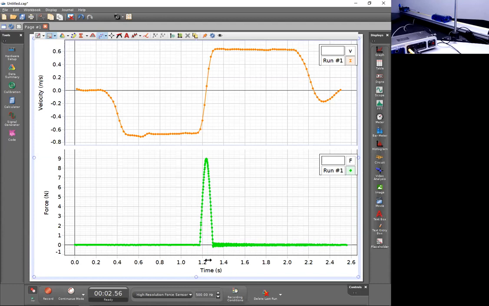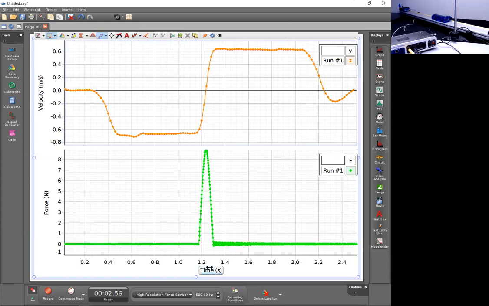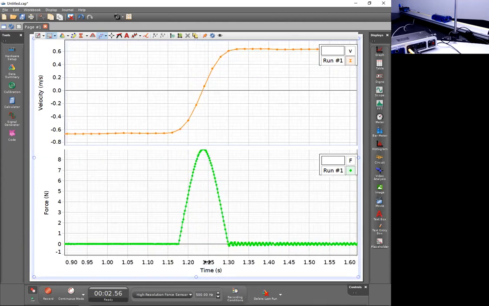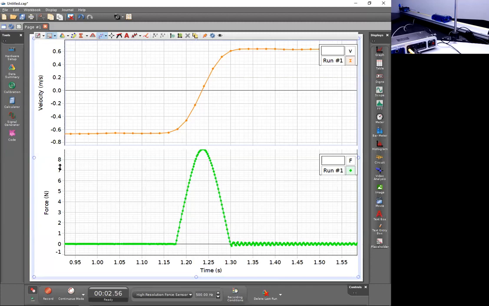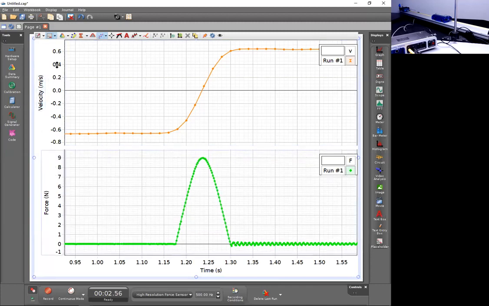Now let's notice that the section of interest here is when the collision happens, which is clear in the force versus time graph. I'm going to zoom in using my scroll wheel on just the x-axis right about there. I'll scale things, and now we can begin to ask some questions like, what happened to the velocity? What happened to the force? Well, the force is pretty clear. The collision began here and the force increased